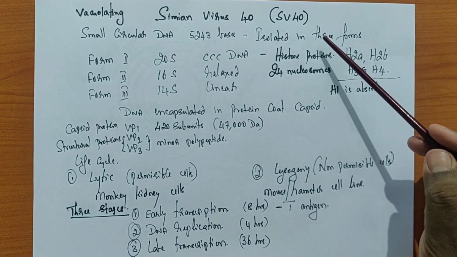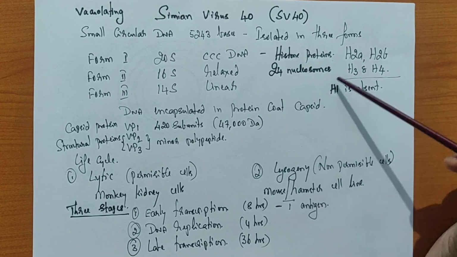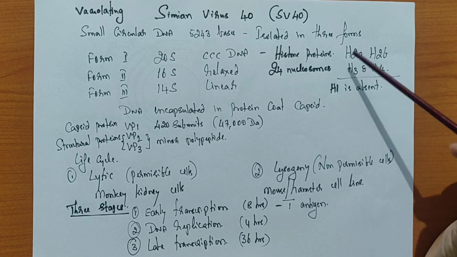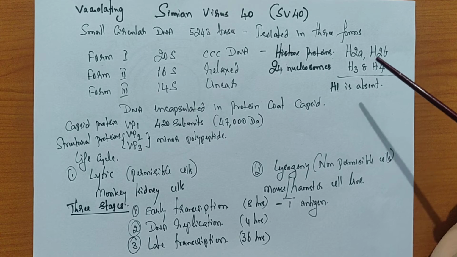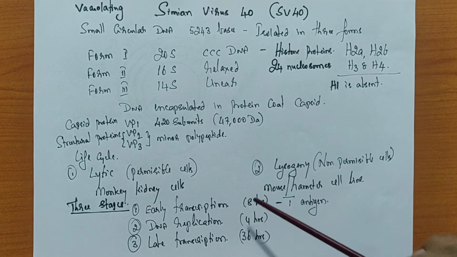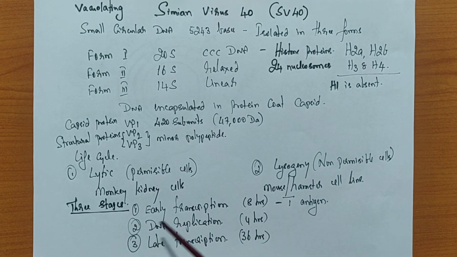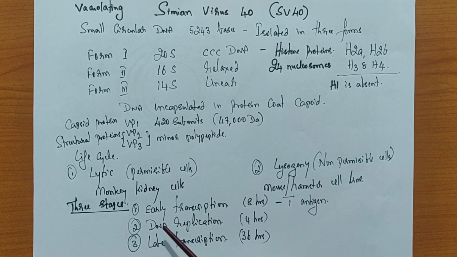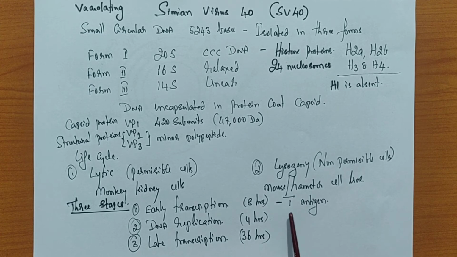The moment there is an SV40 infection, I told you it acts like a mini chromosome because of the presence of these 24 nucleosomes. So all these histone proteins have to be released. This takes place in the cytoplasm, and then this circular DNA will enter into the nucleus, and then it will have an integration into the system. Then there is a release of what is known as early transcription. This early transcription produces an antigen, which we call the T antigen.